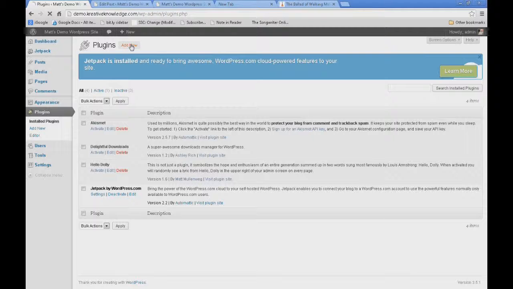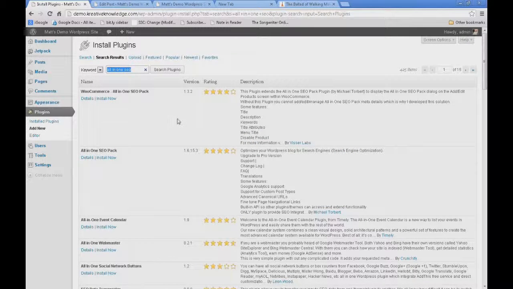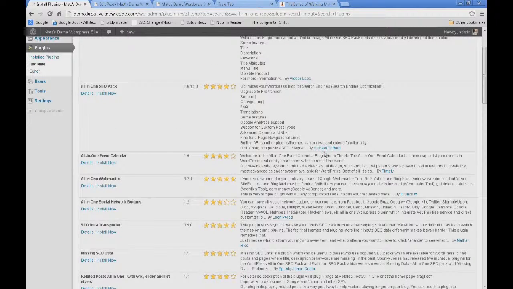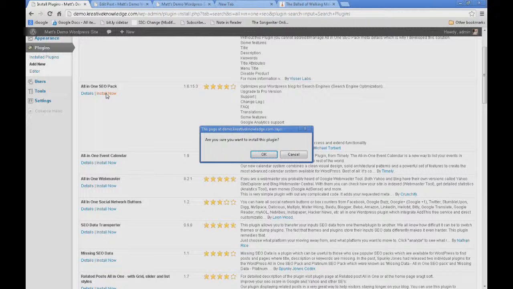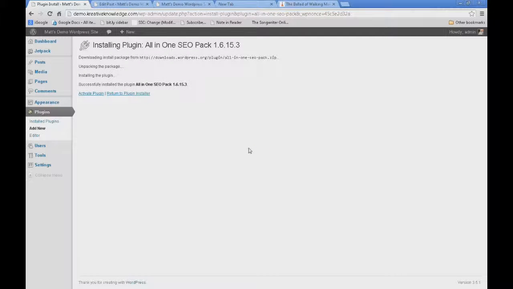You go up here to Add New, and we would just do a search in the plugins for, similar to how we found themes, All-in-One SEO. Now you're going to see that several come back, and this is the one in particular by Michael Torbert that I recommend. There are a number of other SEO packs as well, and this one I found to be extremely functional and simple to set up. So we just choose Install Now. Once again, this is very similar to how we installed a theme on the website. We activate the plugin,